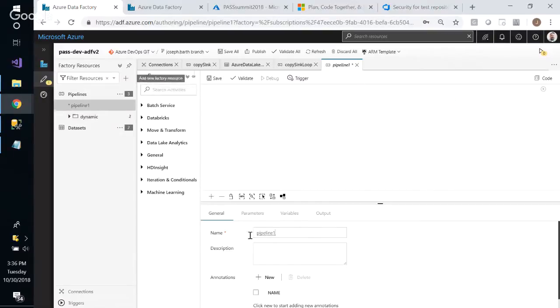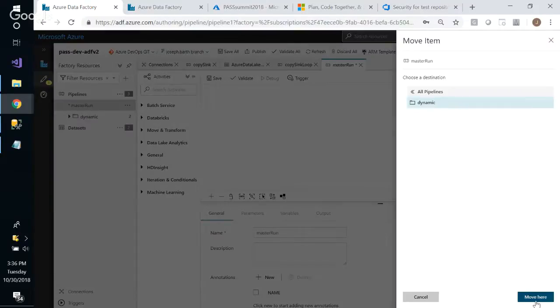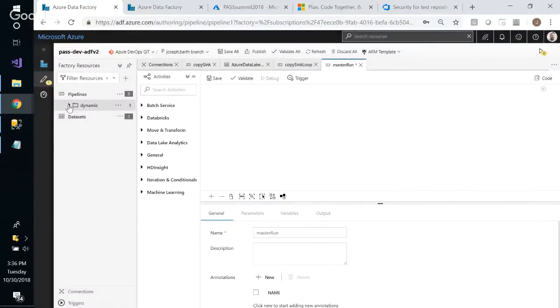So I'm going to call this master run. And I'm going to move this into my dynamic folder. I like to do that. And then now I want to execute,